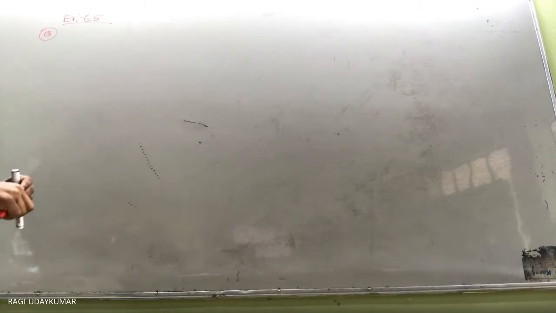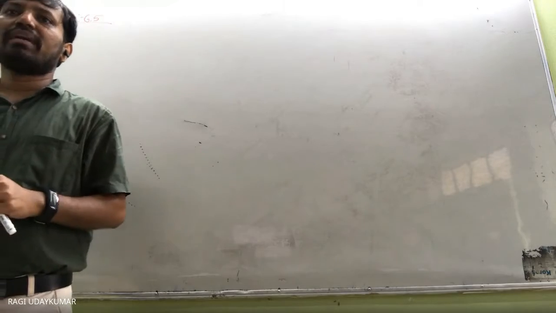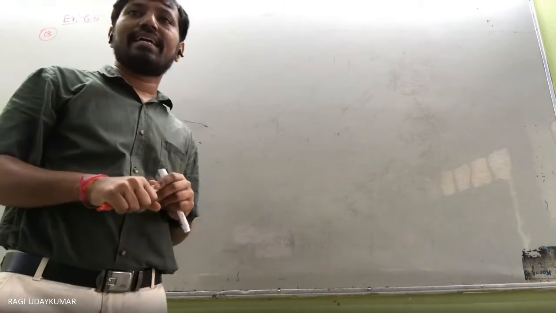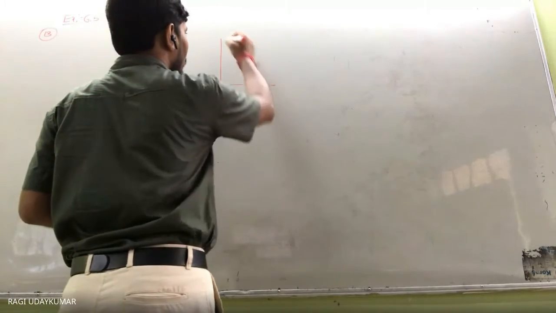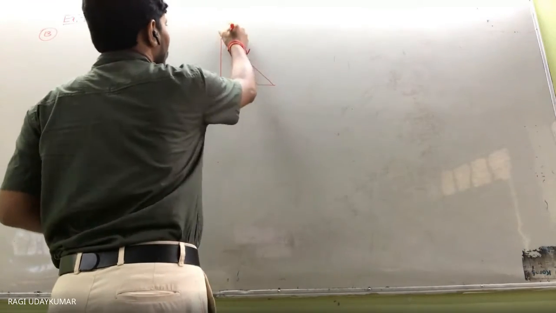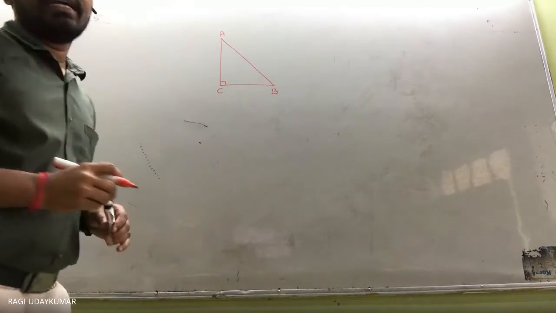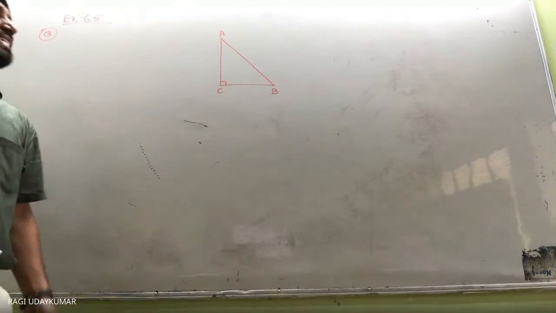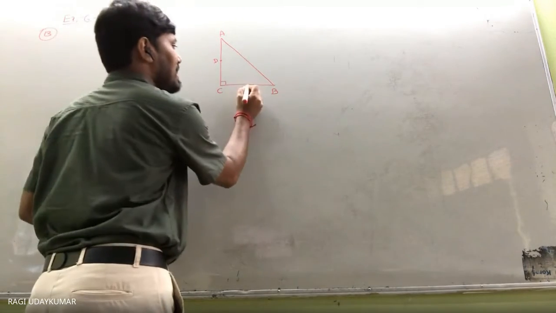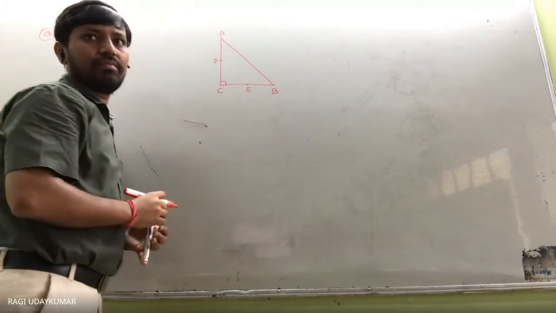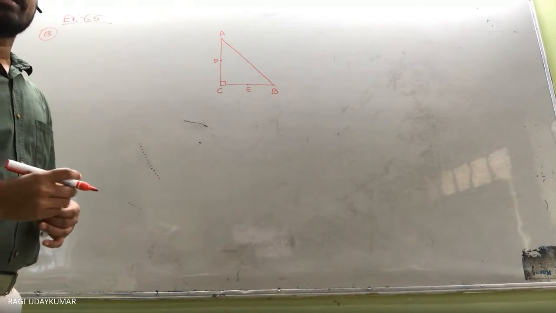Exercise 6.5, 13th question. D and E are the points on sides CA and CB, respectively, of a triangle ABC, right angled at C. D is a point on side CA and E is a point on side BC, respectively. I'm asking you to prove